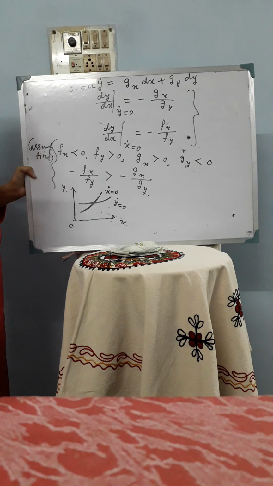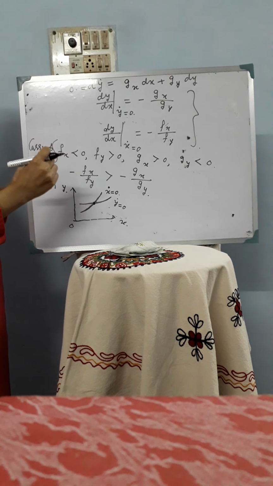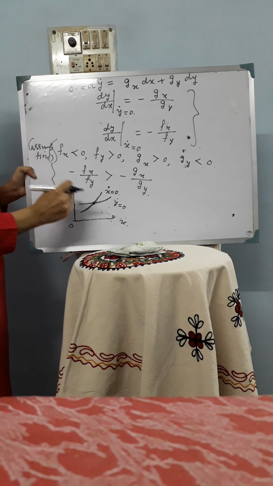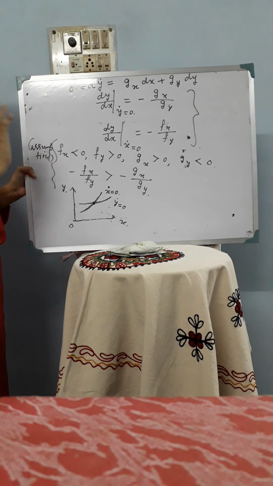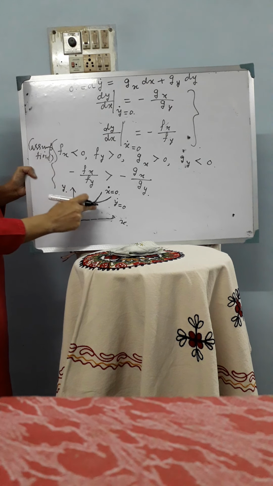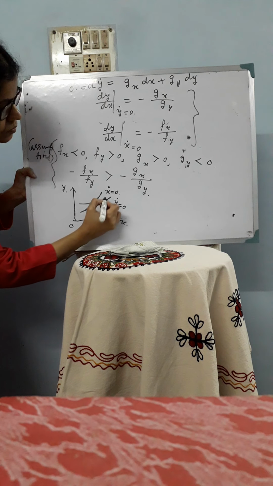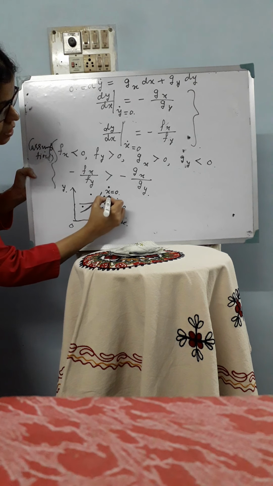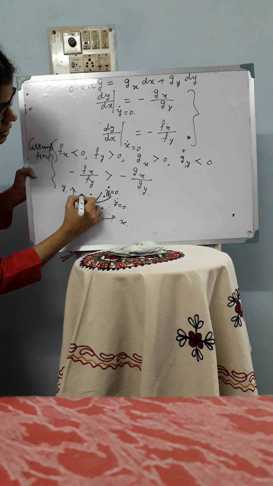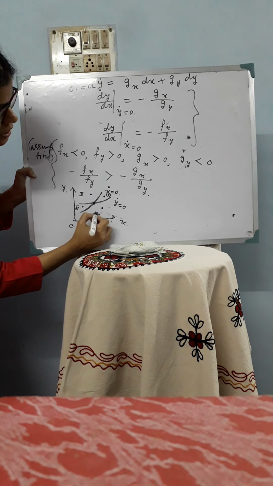So where will be the equilibrium? The equilibrium will be here at the point of intersection between the x dot is equal to 0 curve and the y dot is equal to 0 curve, because at this point both x and y are dynamically stable. There is no change in x, there is no change in y. So this is the equilibrium, simultaneous equilibrium. Now we consider 4 points in 4 regions. So this is region 1, this is region 2, this is region 3 and this is region 4.